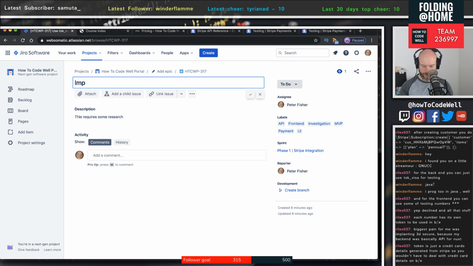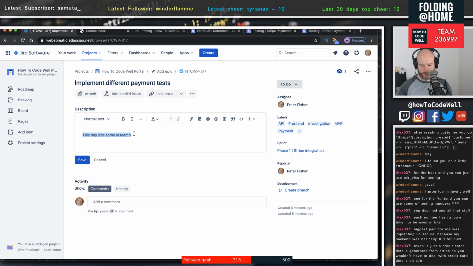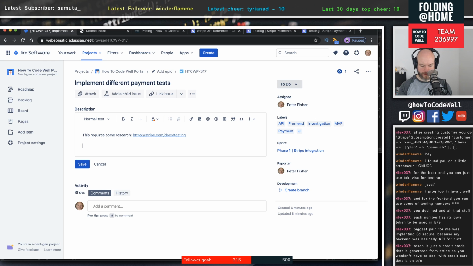Implement payment tests. Implement different payment tests, and then in the description, this requires some research there, and